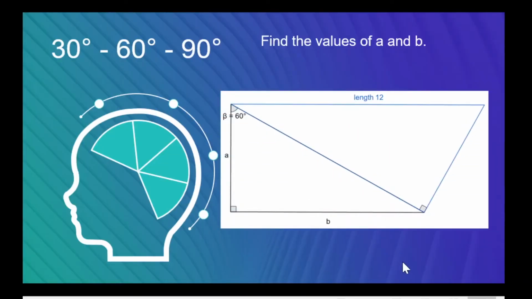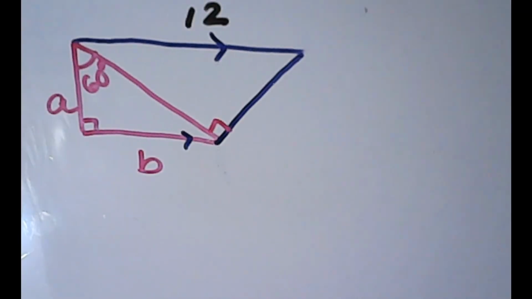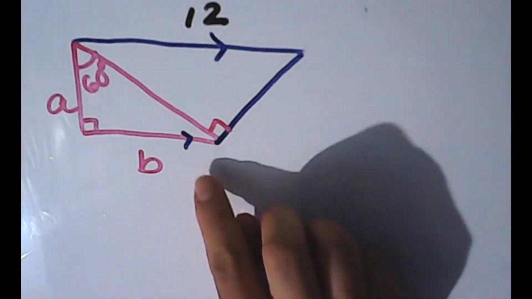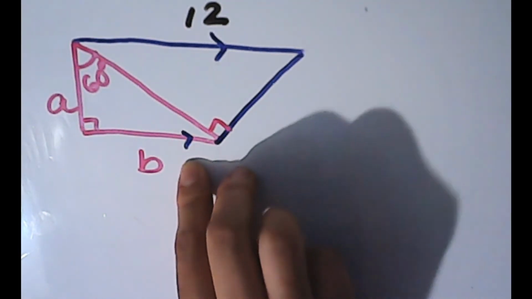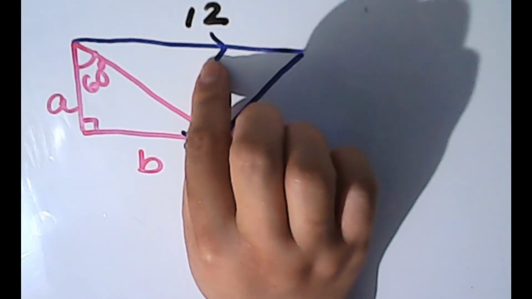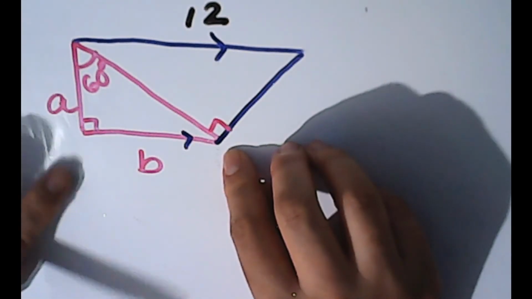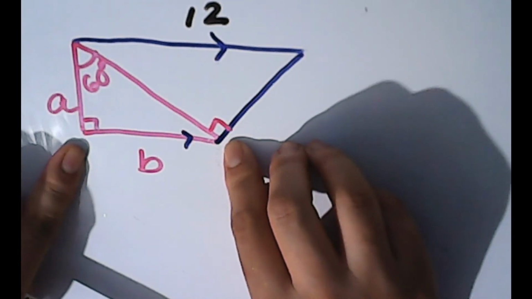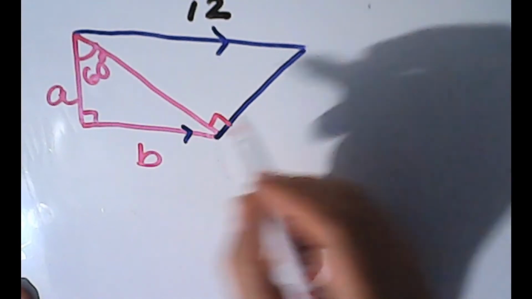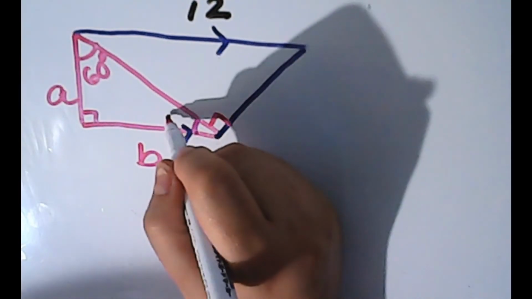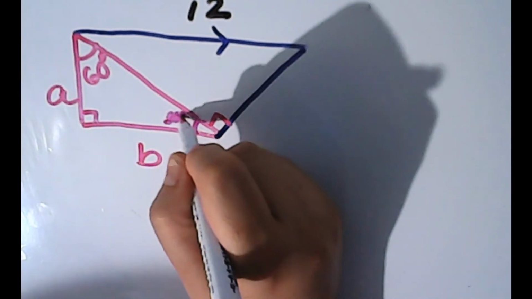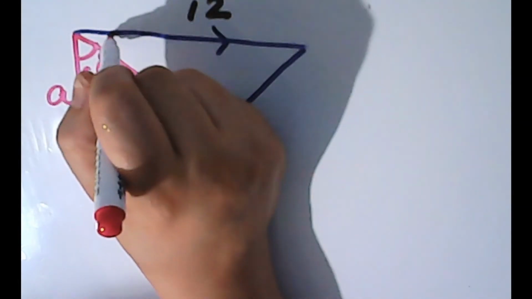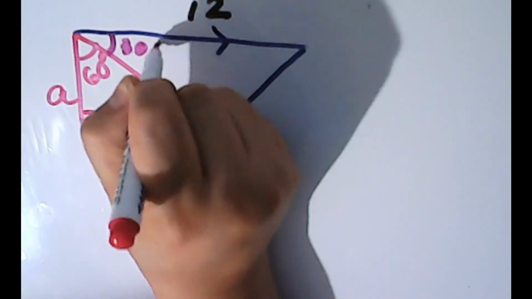Find the values of A and B. This is a representation of the figure from the problem. We see that segment B is parallel to the segment whose length is 12. These two angles are right angles. If this angle is 60 degrees, this angle is 30 degrees. Similarly, this angle also measures 30 degrees because